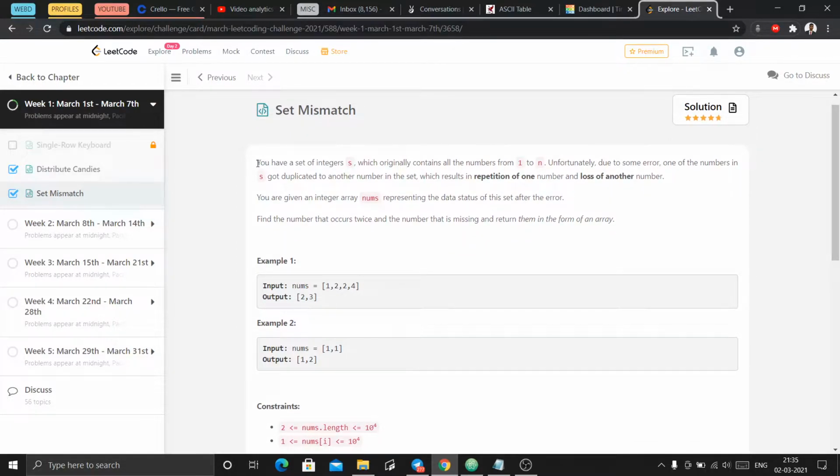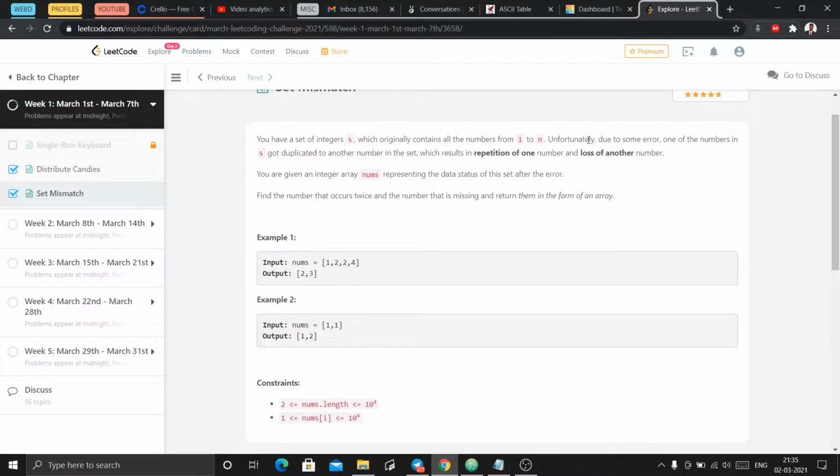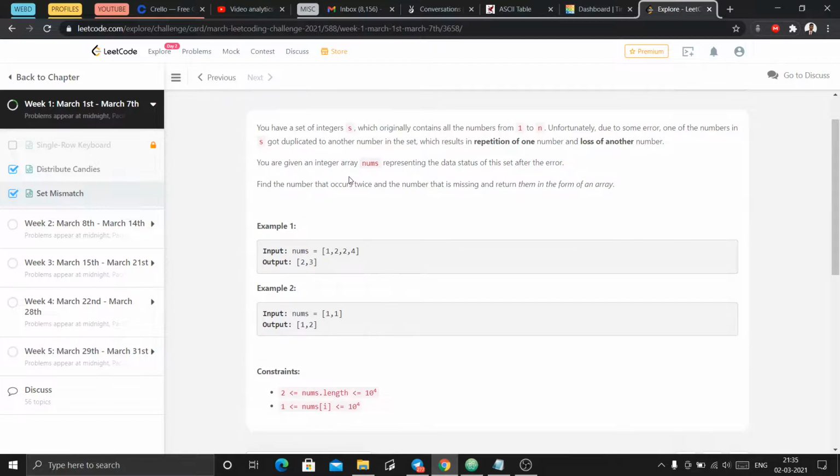The question is: you have a set of integers s which originally contains all the numbers from 1 to n. Unfortunately, due to some error, one of the numbers in s got duplicated to another in the set, which results in repetition of one number and loss of another number. You are given an array nums representing the data status of the set. Find the number that occurs twice and the number that is missing, and return them in the form of